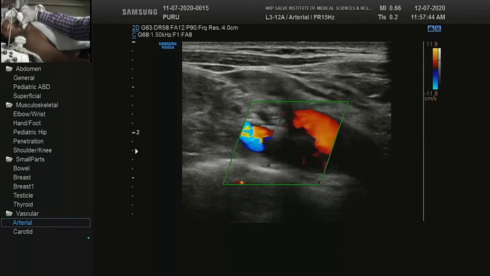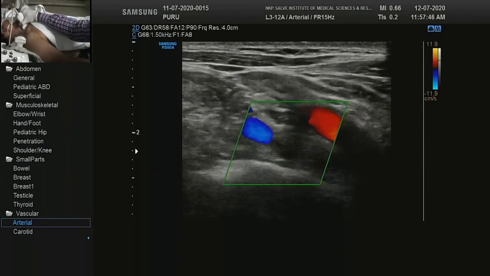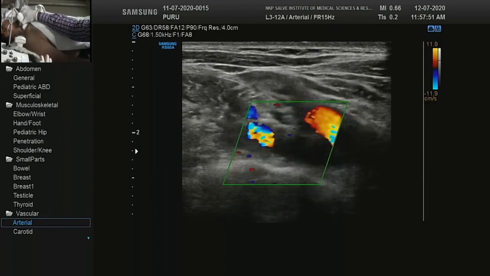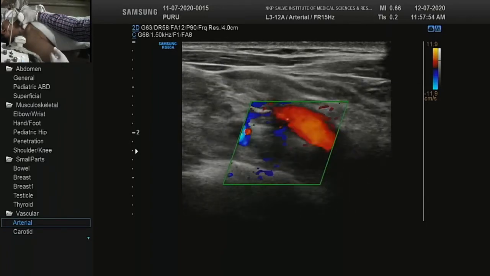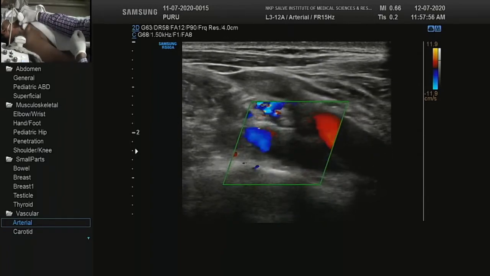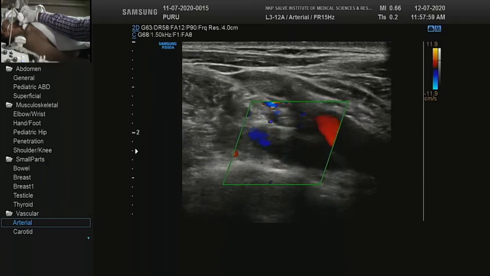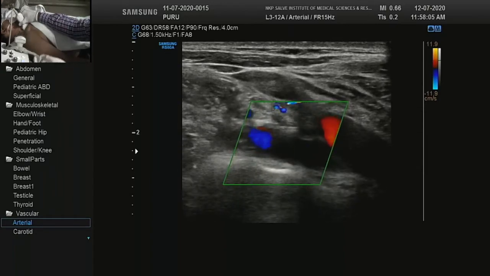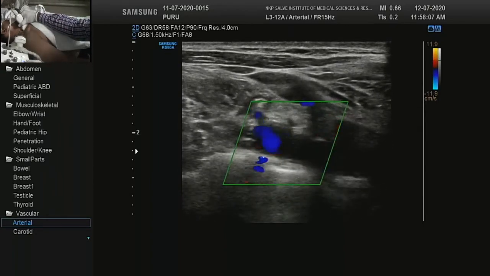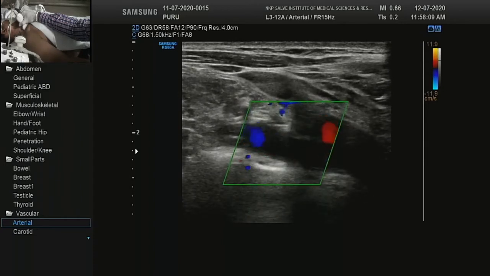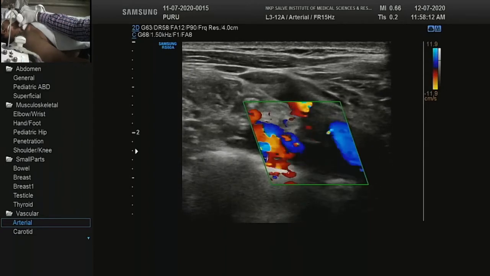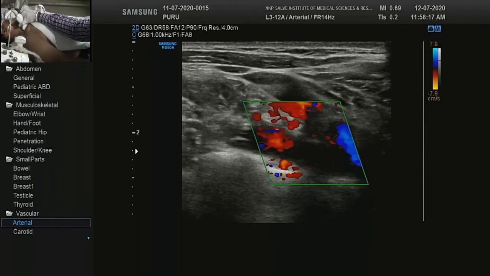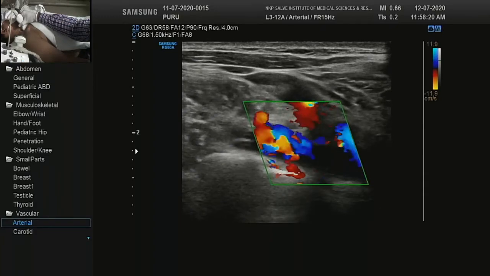Why am I doing this? Because stenoses are usually irregular and the flow can go in any direction. So in such cases, when you are not seeing any flow, we do the same thing as we did in that acute thrombus patient. You try to maneuver, steering, adjusting the color scale, increasing the color gain, to see whether you can appreciate any flow. But no, that part is not showing any flow in any of the maneuvers. My settings are quite low, I will reduce them further, but this has bled everything. You are not seeing anything here. So we come back, still nothing is seen.